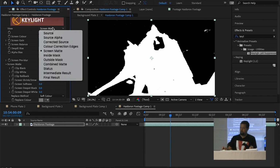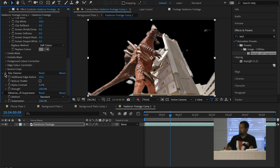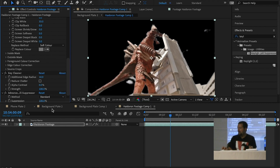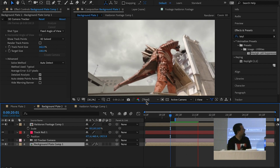All right, that's looking pretty good. So we'll go back to intermediate results. A little bit of key cleaner that takes away some of the holes, and advanced spill suppressor. All right, good. I'm going to say I'm happy with that for right now. So there he is. He is in our scene, and there is